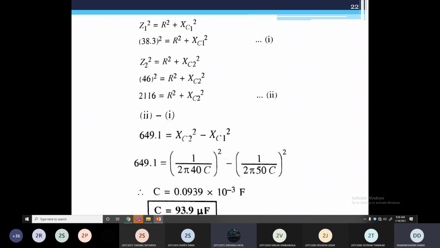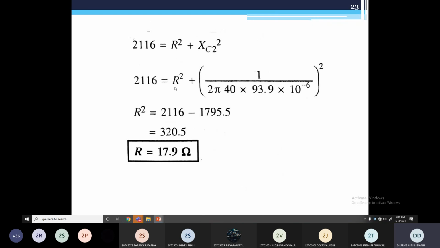Sir, 46. No. 17.8. Yes. 17.90. Answer is 17.90. So as I told you, you can use equation 1 or 2 to get the answer, because you already know the value of XC1 and XC2, because you have calculated the value of C. So you can calculate easily the value of XC1 and XC2. Clear? And Z2 and Z1 are already known, so you can easily find out the value of R.